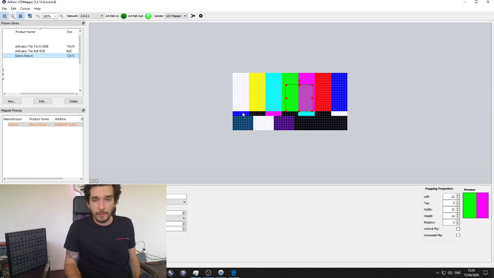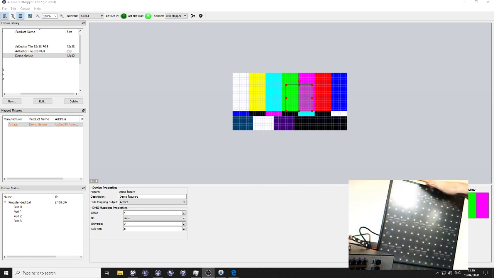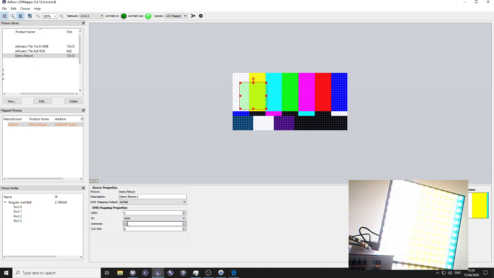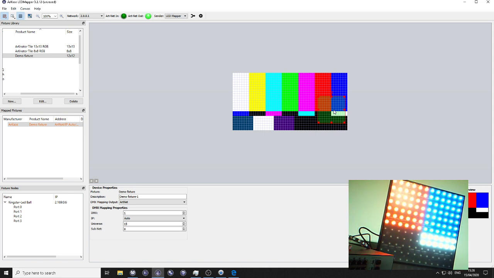Okay, so what I'm going to do, I'm going to switch transition. I'm going to switch to my fixture. I select my fixture, that's what I have right here. No output, nothing is outputting there. Universe changing from 2 to 15, enter. There we go. And now you have your fixture outputting. You can see as well that my test pattern will help me to align my fixture. So when I'm moving the fixture on my mapping, it's moving live on the output.